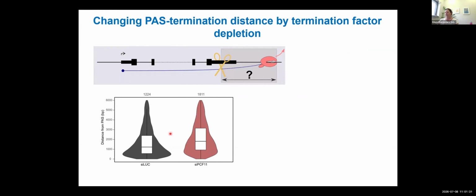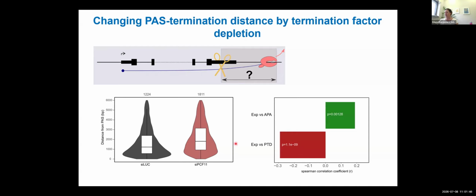For this, we knocked down PCF11. The effect of this was that the distance between cleavage and termination increased. So the effect on termination was stronger. This distance increased,